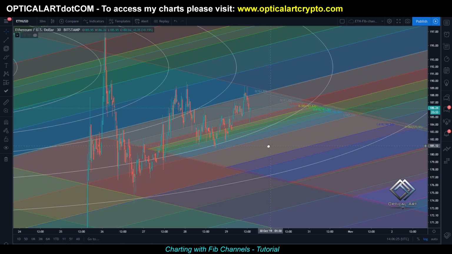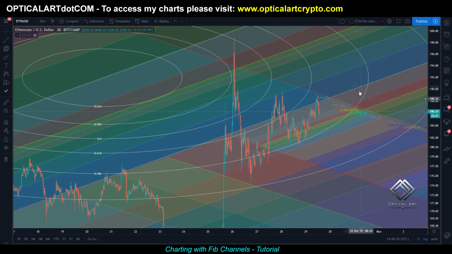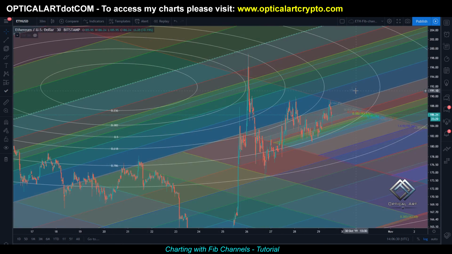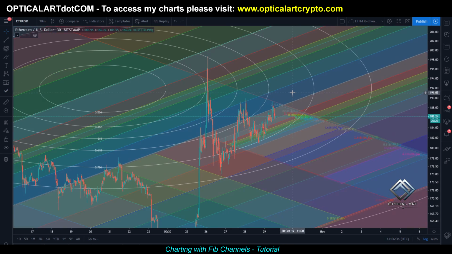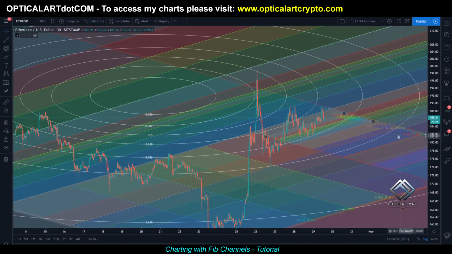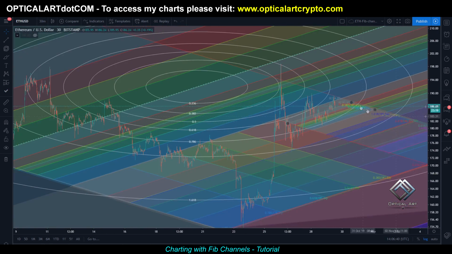But yeah, that's it for the tutorial on this. I would be playing around with this more and seeing what I can find. I'm probably adding fib channels to it as well, and doing more work with finding fib circles confluence. But that is how to chart using